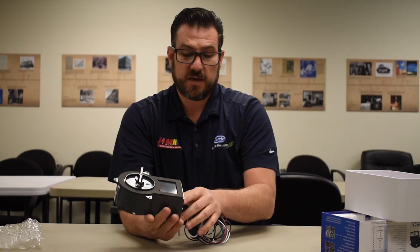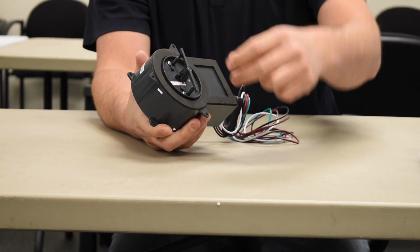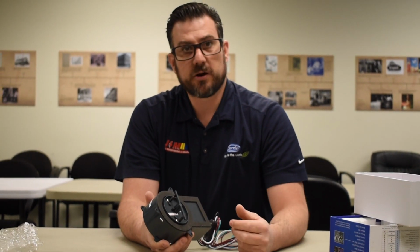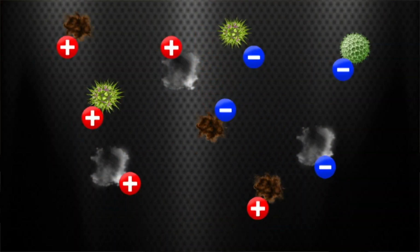The one we installed, this is the iWave-R. This is a motorized contraption here. Cleans the brushes for you on an interval. So it's got a little brain box in here, and after a certain period of time, it just wipes those off. And that's the only maintenance this thing needs, other than changing out the filters on your system, because this will